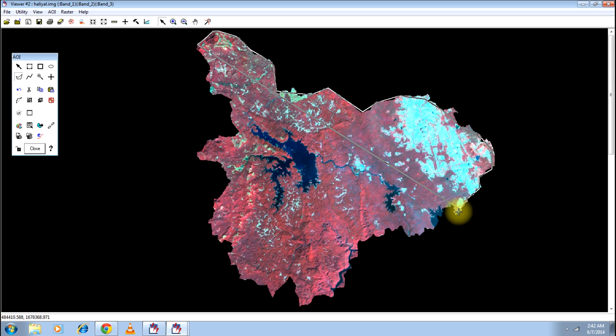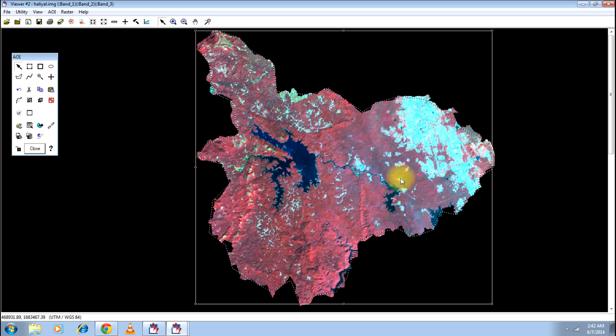You can take the AOI from a topo sheet, from a shape file, or any other file format that is recognized by ERDAS Imagine. I am taking roughly the boundary. Please take additional care when you do the process to get the accurate AOI. Double click on the last point to finish the digitization.